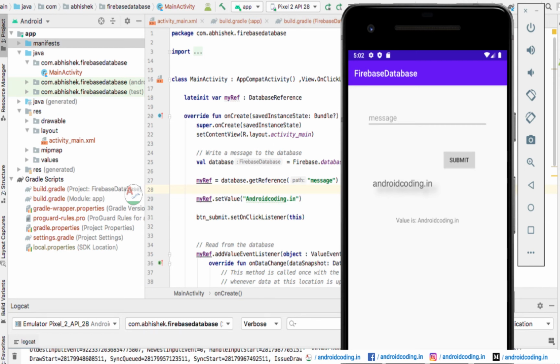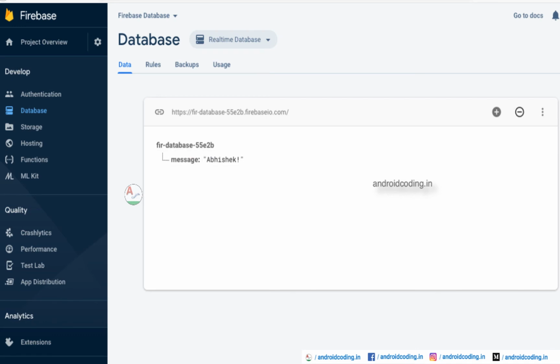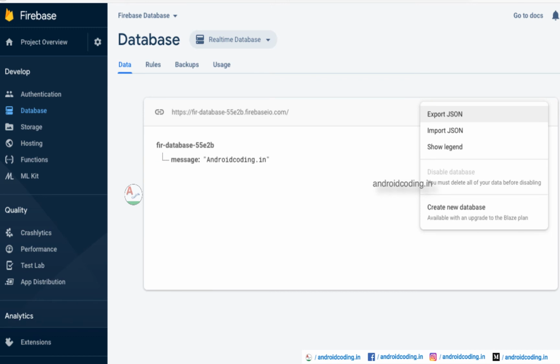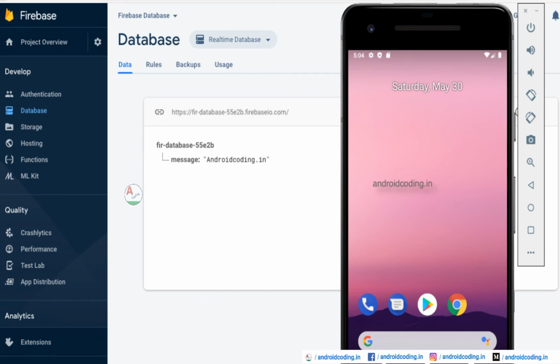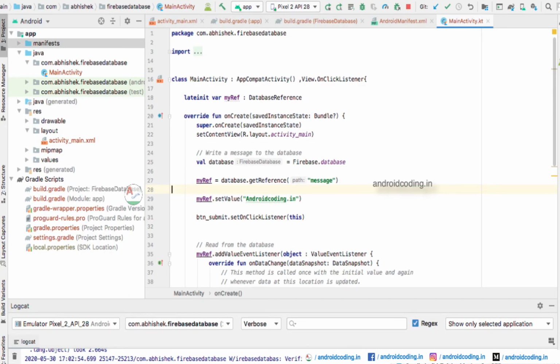Here you can see the value is changed, and also check our database once. Here you can see our data is updated from my name Abhishek to androidcoding.in, and now let us check it out directly even.